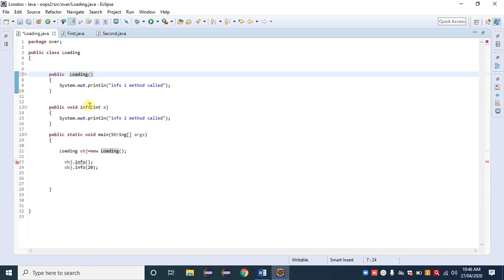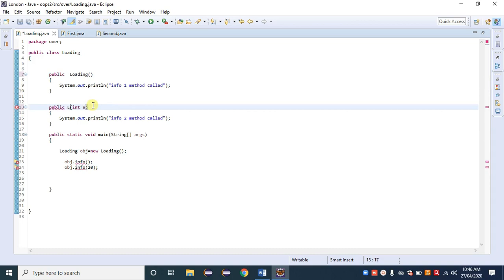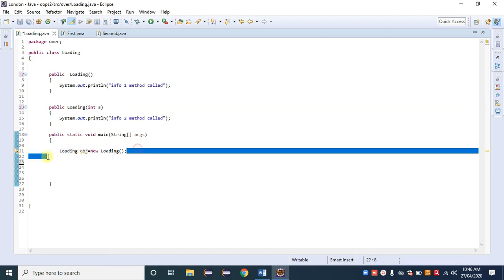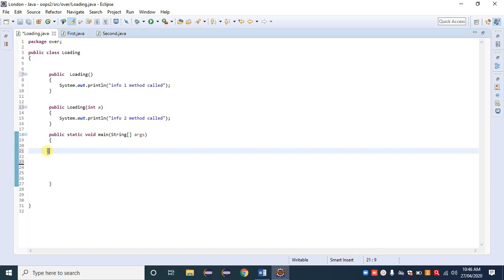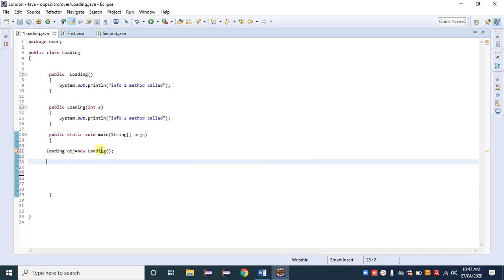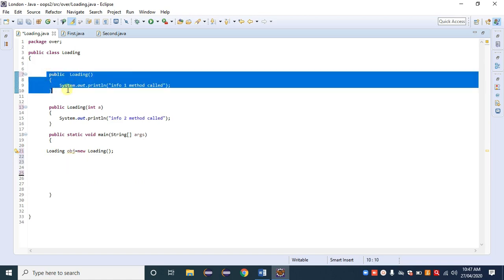Loading here. Okay. So we know how to call a constructor. Just create your object. Loading obj is equal to new loading. By using that object, this unparameterized constructor gets called, because there is no parameter, here is again no parameter.